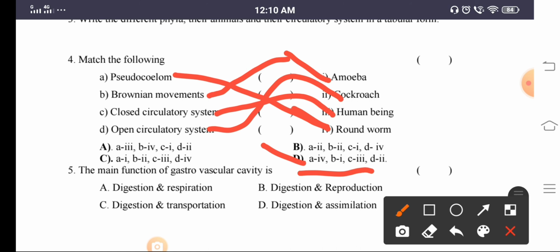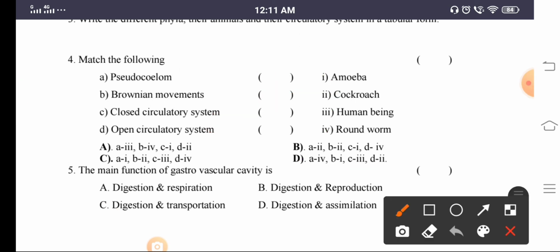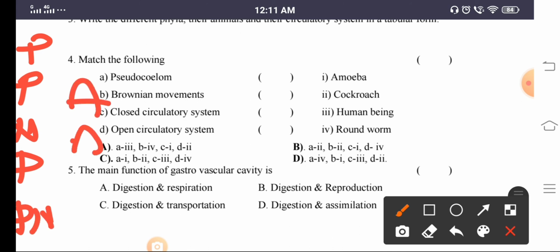So next, go to the main functions of gastrovascular cavity: digestion and transportation. This is about evolution in the transport system. When we take chordates and non-chordates, like phyla such as Protozoa, Porifera, Cnidaria, nothing but coelenterates, Platyhelminthes, Nematohelminthes, annelids, arthropods, Mollusca,